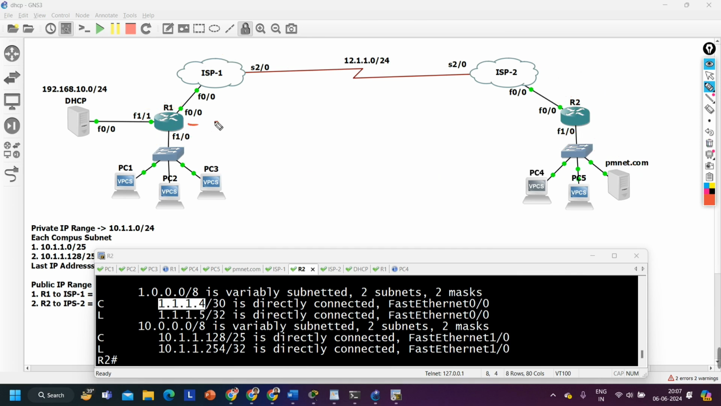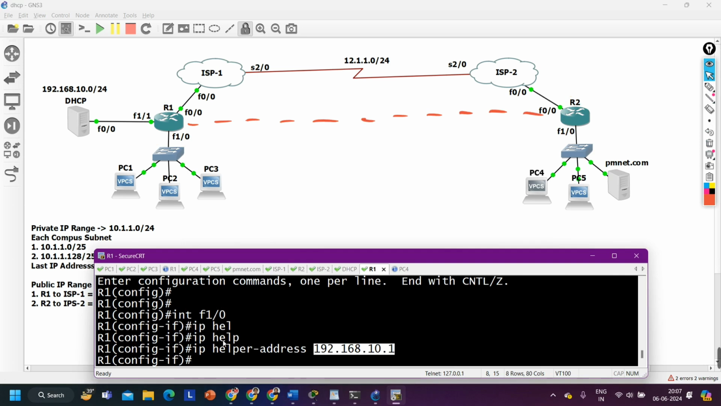So we are going to do what? We are going to create one tunnel over here, and through this tunnel we will forward private packets. So let me do one thing. Let me configure the tunnel, guys. On router number 1,